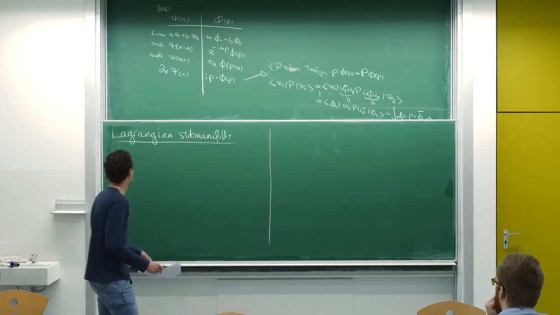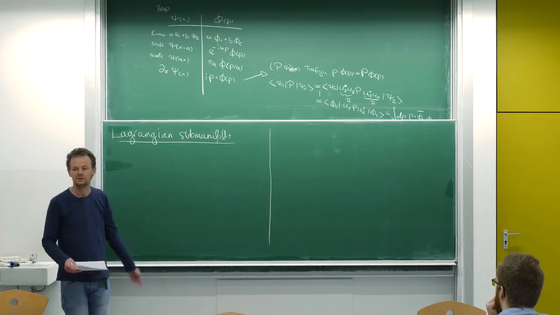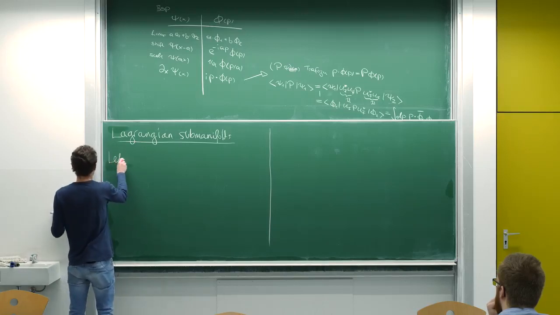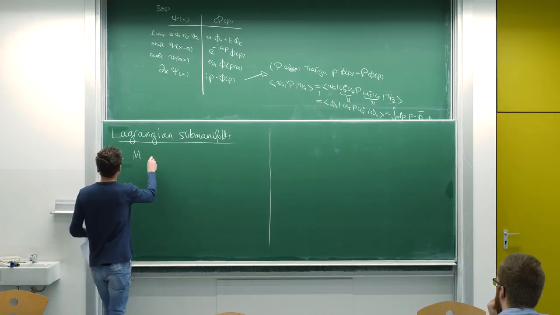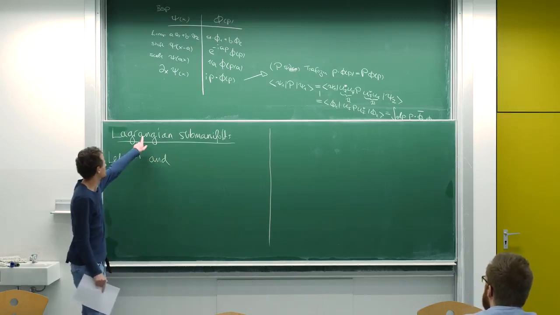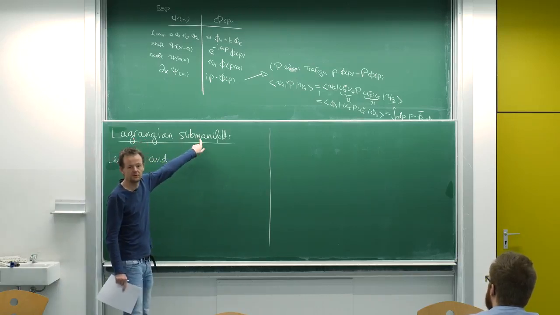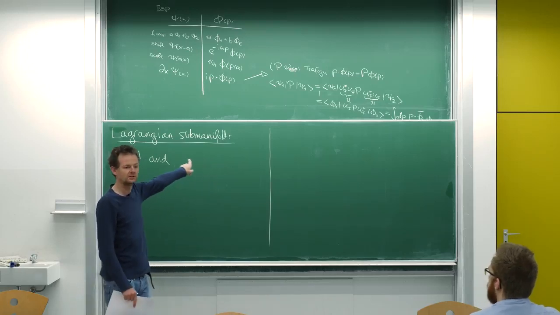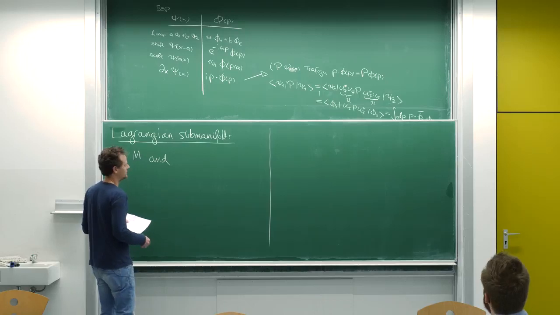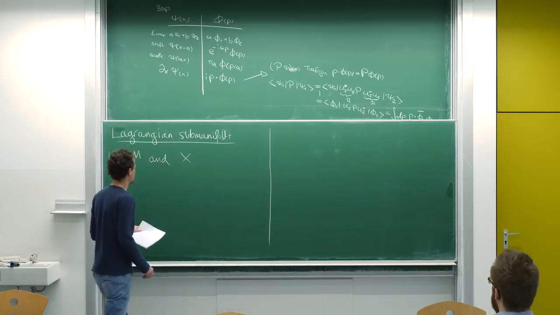But before we do so, we have some prerequisite material to cover on Lagrangian submanifolds. And in order to talk about what these Lagrangian submanifolds might be, we have to first talk about what is a submanifold. So we'll spend a couple of minutes making that concept precise before we get onto Lagrangian submanifolds and then integrable systems. So if you have two manifolds, M and X,